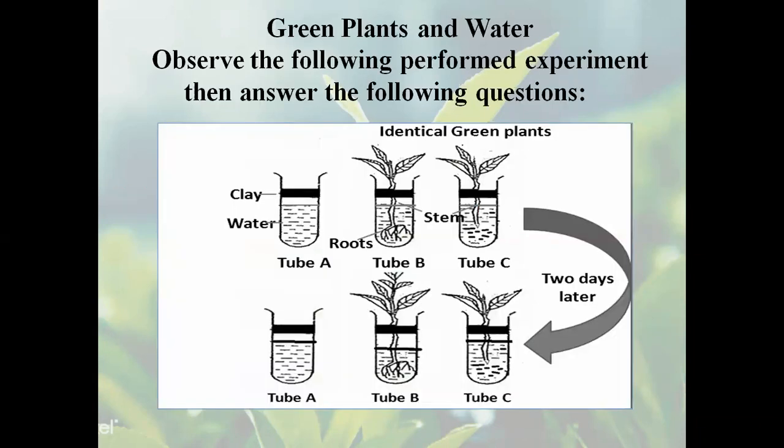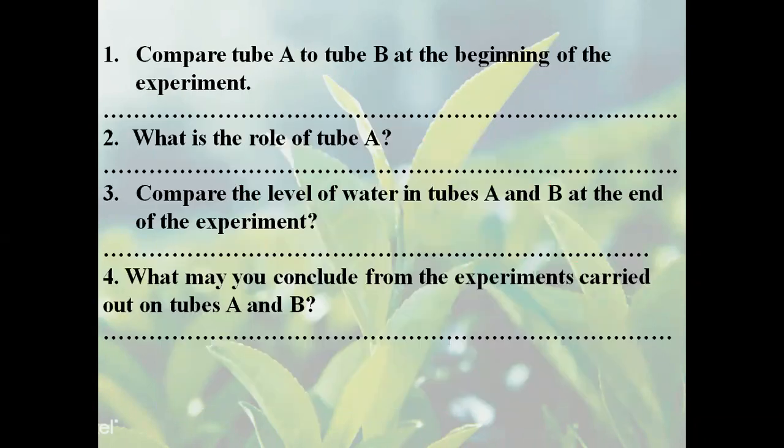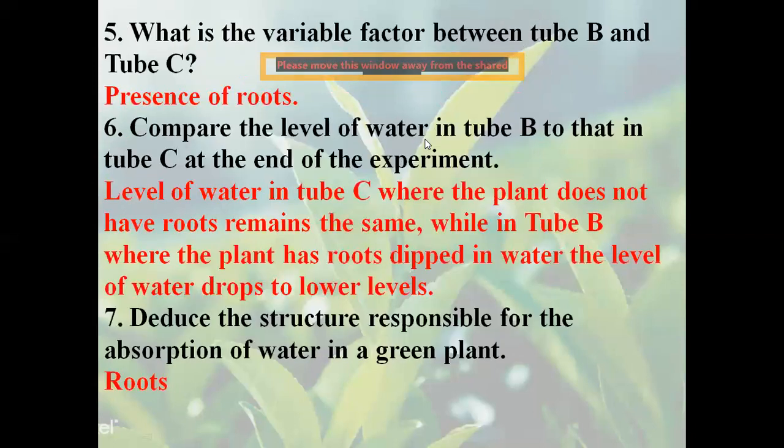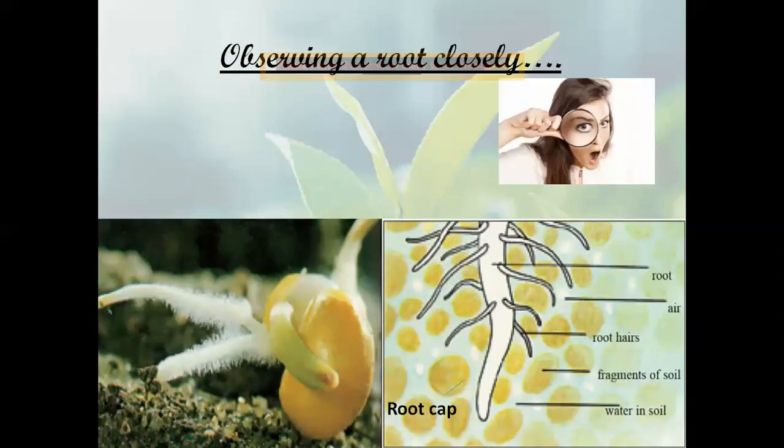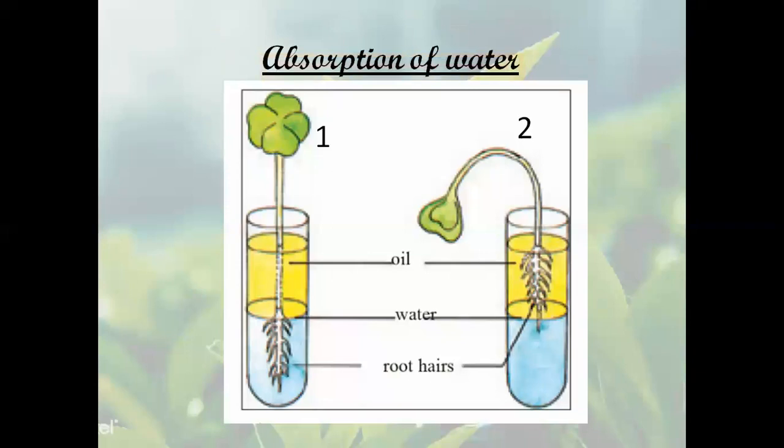Also, we identified in this experiment the importance of the roots, and to be more specific, the root hairs. We said that the root hairs are responsible for absorption of water, and that we have two parts: the root cap and the root hairs. We used this experiment where tube 1 and tube 2 both contain a plant dipped in oil and water. Here, the root hair and the root cap are both dipped in water, so the plant grows normally. However, in plant 2, the root hairs are dipped in oil, while the root cap is in water,